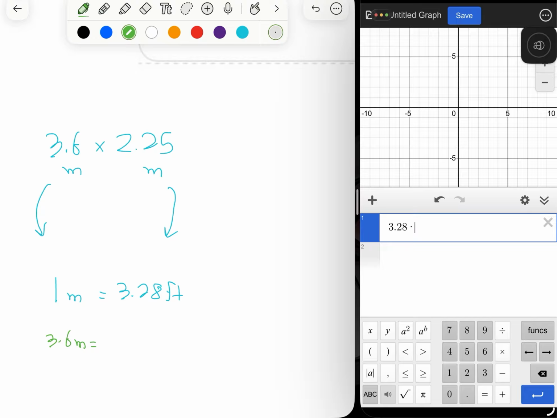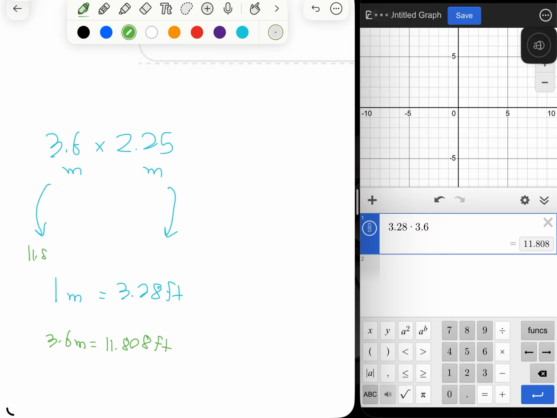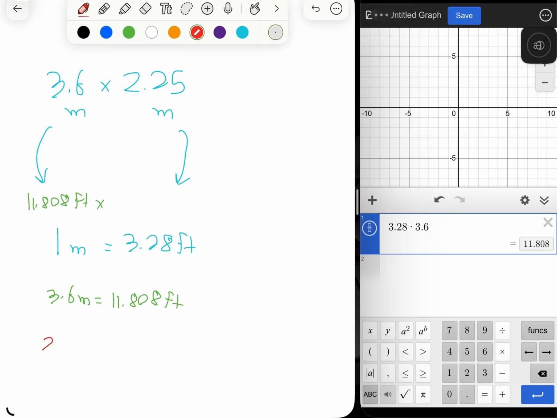You just multiply by 3.6, get 11.808 feet. And this 2.25 meters, you multiply by 2.25, you get 7.38 feet. So this becomes 7.38,